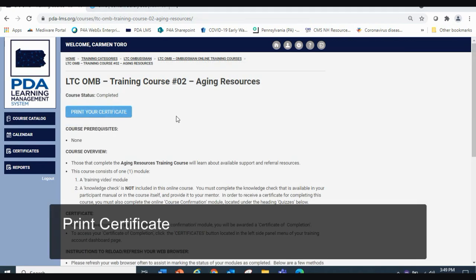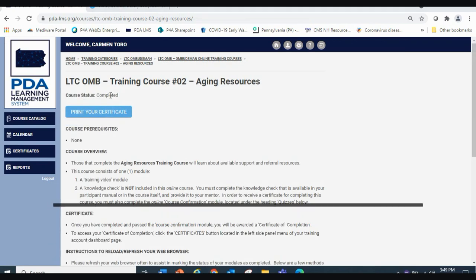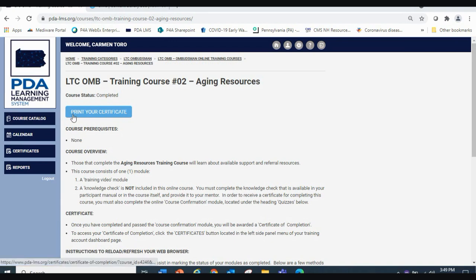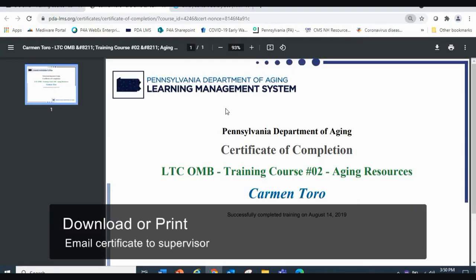As you can see in this instance, I have completed the Aging Resources module, so now I'm able to print my certificate. All I have to do is click this button and the certificate displays, and then I can download it or print it. You want to download your certificates and email them to your supervisor so they can record